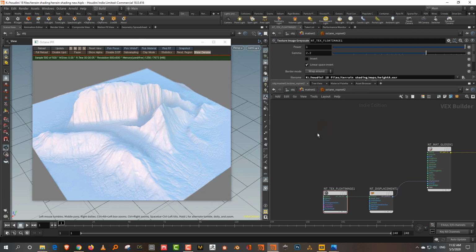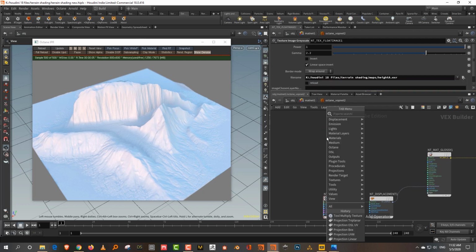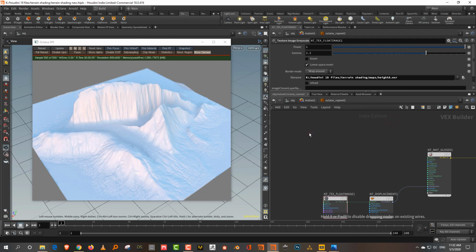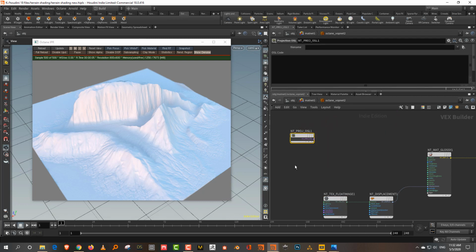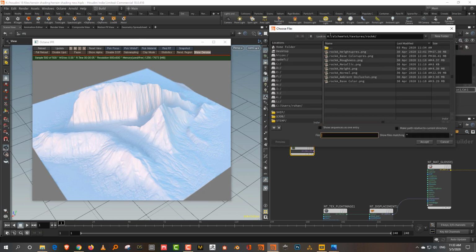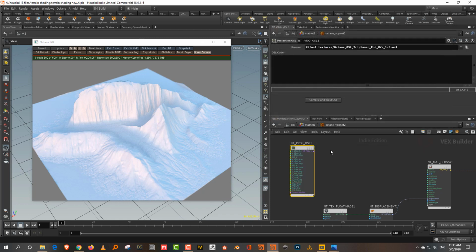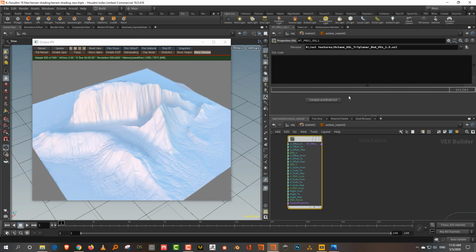Let's import the UV randomization. Just type in OSL projection. This is a projection, so you're modifying the UVs itself. And then you also get OSL textures. Take the OSL projection, and let me just see if I have it here. Yes, there you go, I have the whole thing. Or we can just load it up, so I can load up the OSL triplanar random UV. It'll generate the inputs over here, but if you want to see them at this point, you need to click on compile and build.